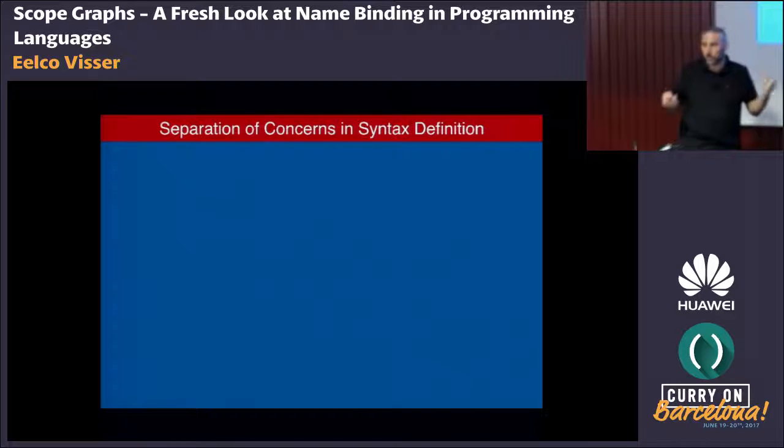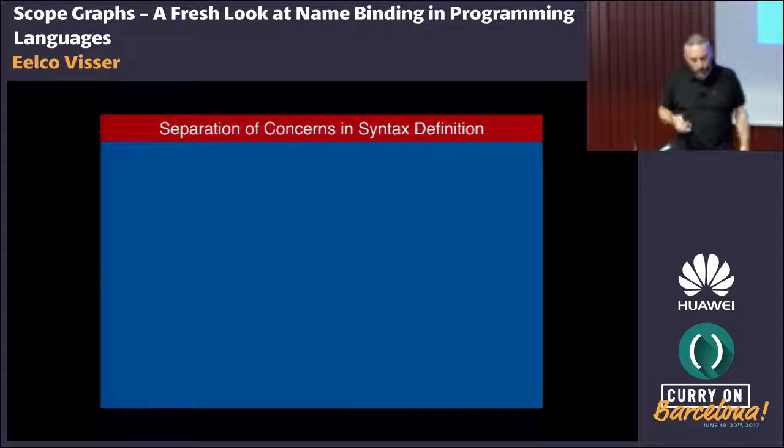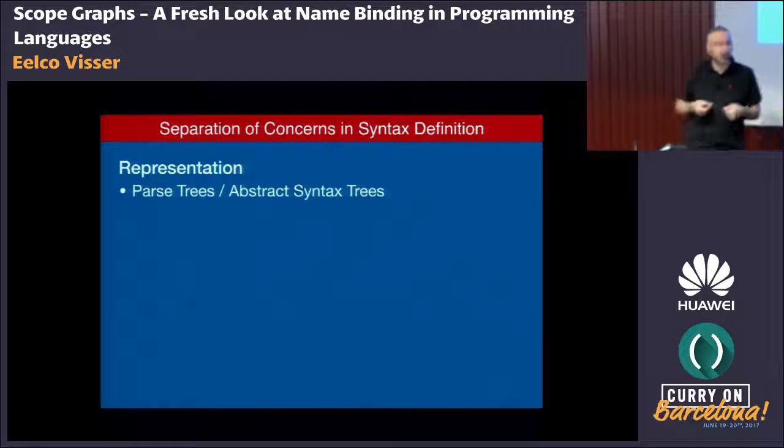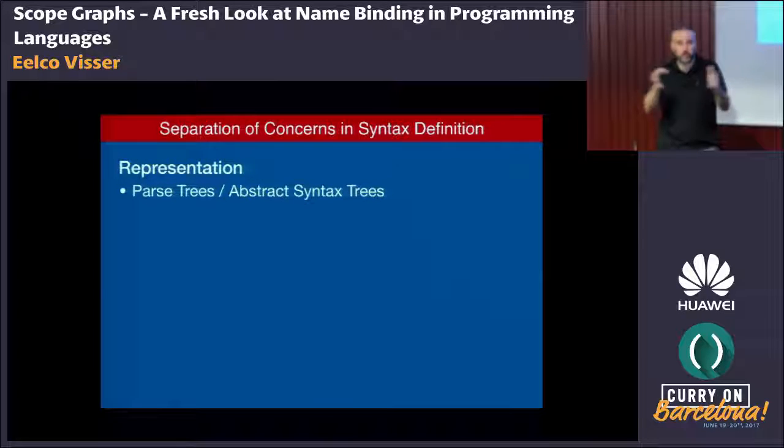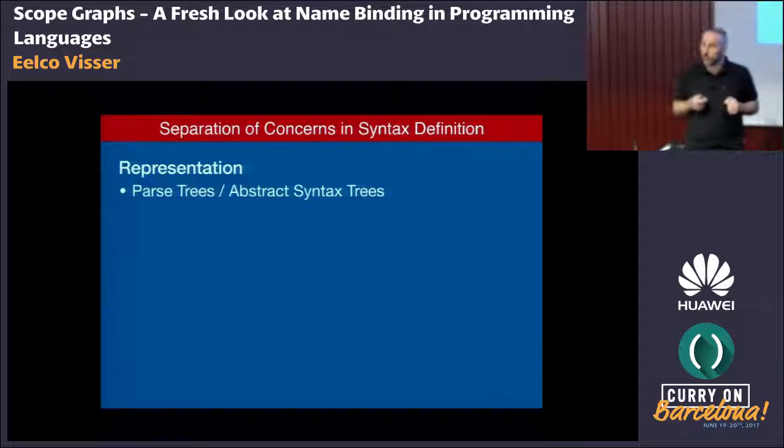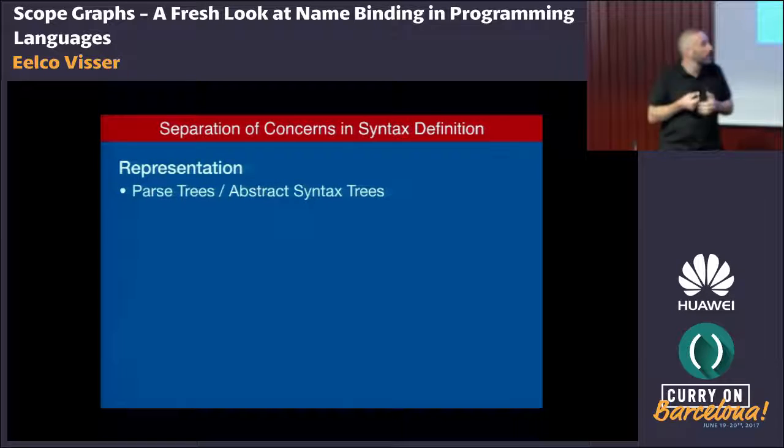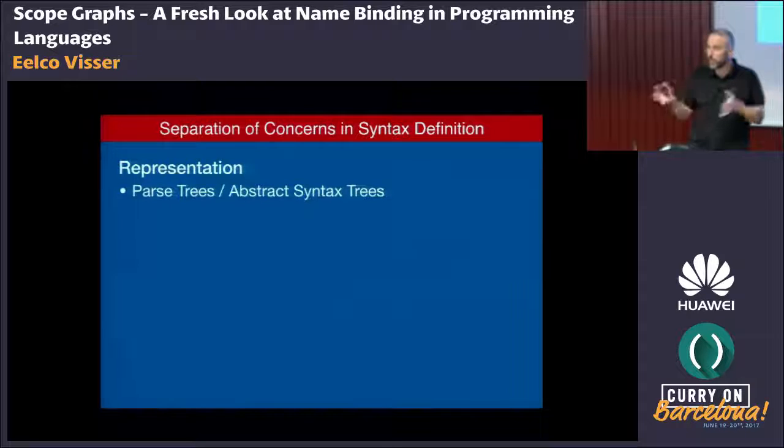So we have this notion of separation of concerns in syntax definition, where we have a notion of a representation. So we have parse trees or abstract syntax trees that represent the results of parsing programs. And that representation is language independent, right? So we can talk about abstract syntax independent